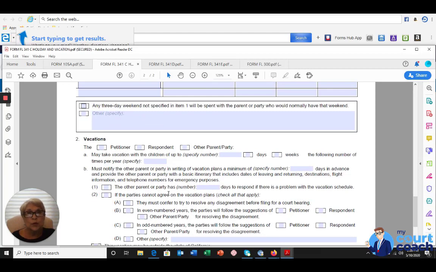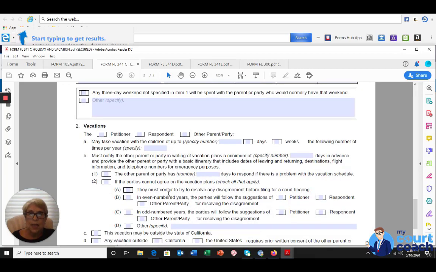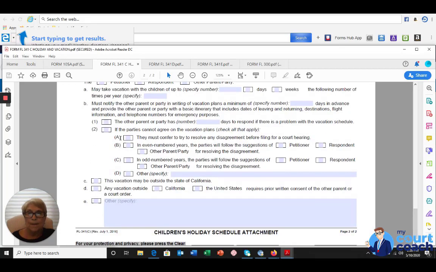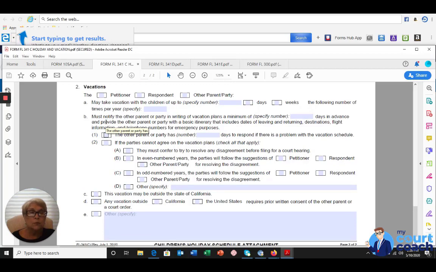Number 2 is where you will address vacations. Do you feel comfortable with allowing each party to have a certain number of days or weeks each year, uninterrupted, to take a vacation with the child? It could be during winter break, or during summer break if the children are school-aged. This gives you guidance as to tell the court what other orders you want with regard to vacations, such as